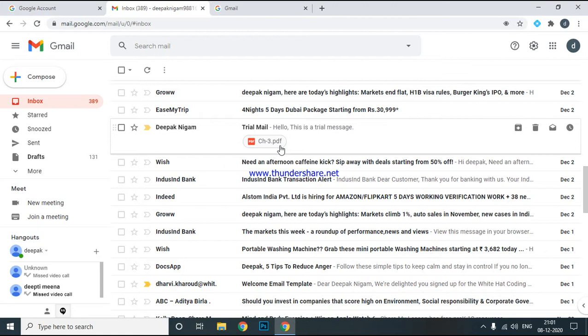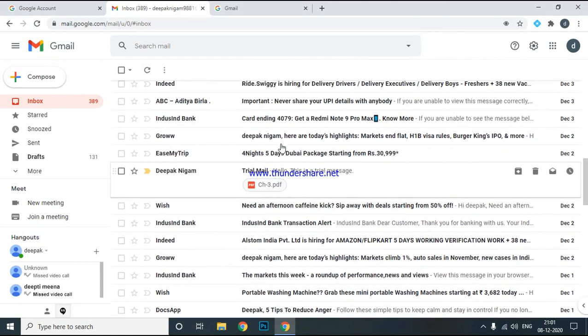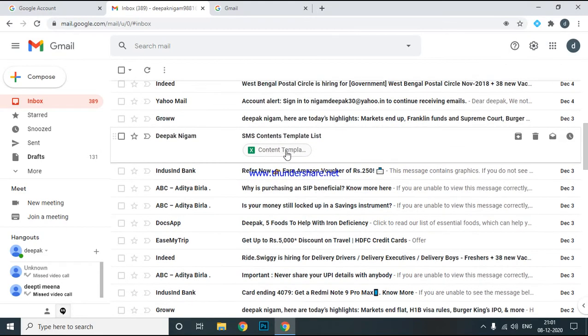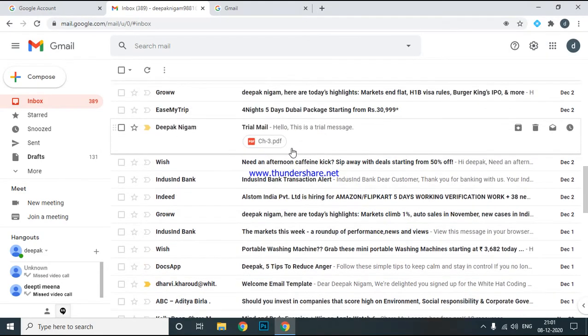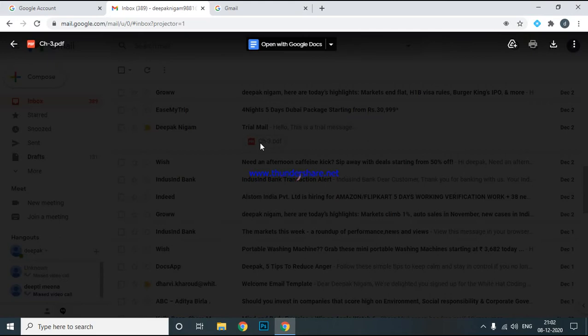This is a PDF, and you know, children, you can also send an Excel file, documentation file, PDF, JPG, all formats of files by email. So let's see how to open the file and how to download it. To open this file, click on it.